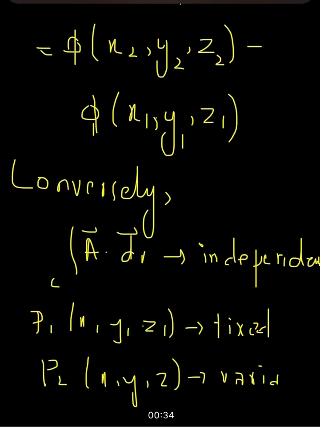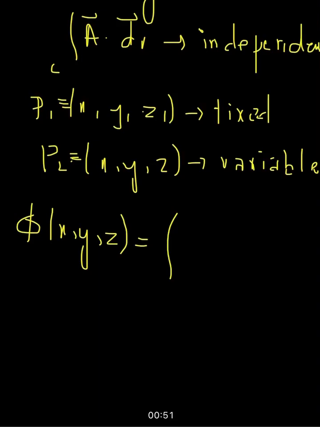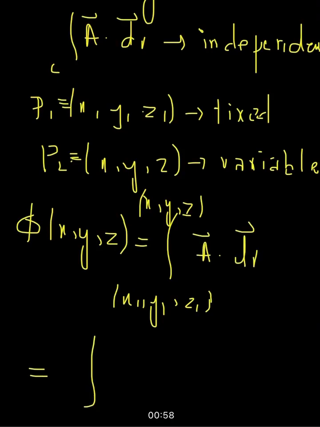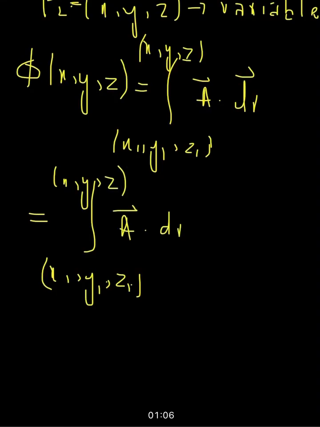So the result is a function only of the coordinates x, y and z of the variable endpoint. Then putting the values in the function, phi of (x, y, z) is equal to the integral from point (x1, y1, z1) to point (x, y, z) of A dot dr. Further, I can write